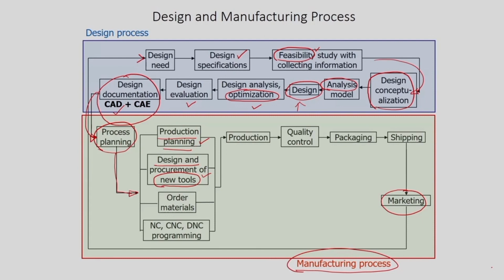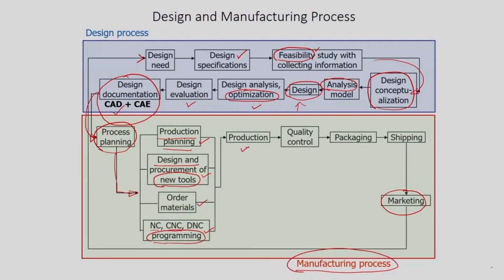If it is not possible to manufacture the modified design with existing equipment, naturally we have to go for newer tools. Order materials, then develop computer numerical control, or CNC, programs,